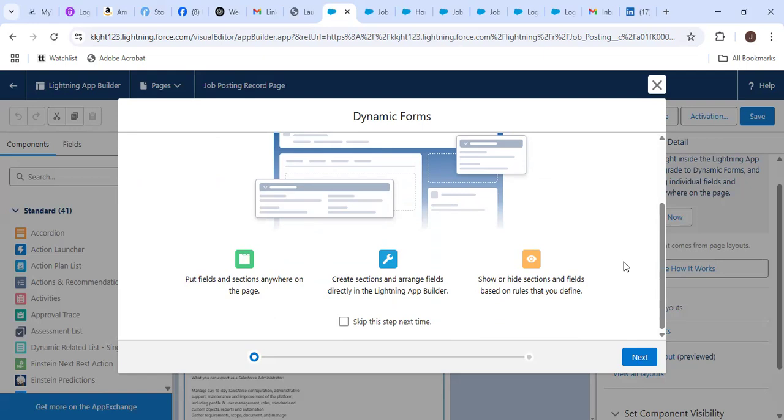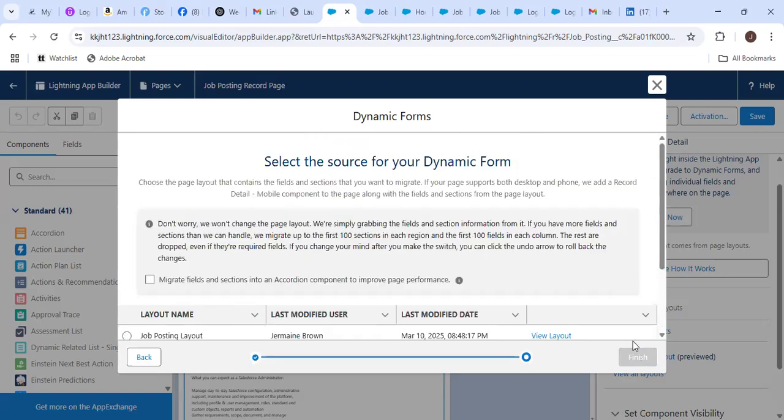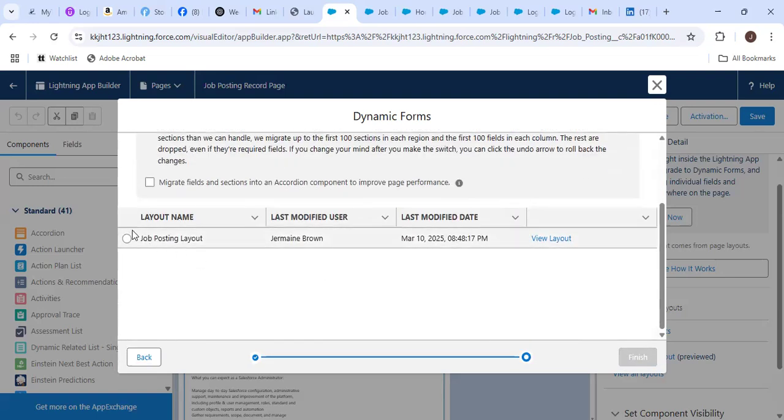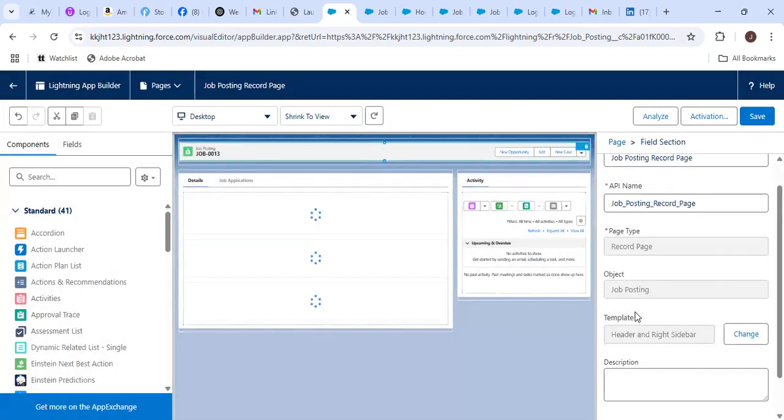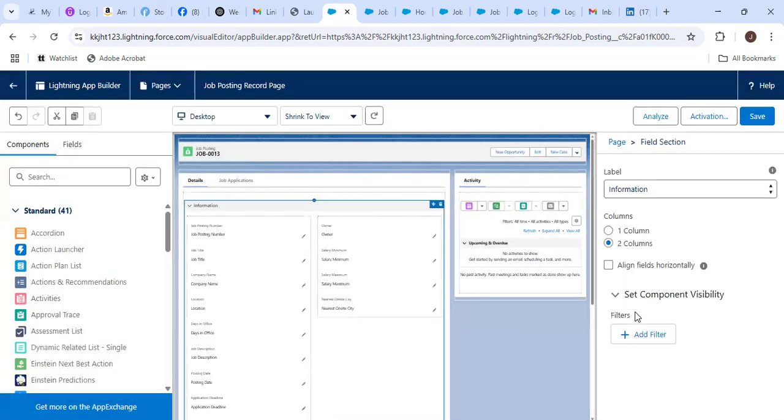Okay, so we're gonna do this, and you'll just say next. Scroll it down. Now we want job postings. Finish. So now it converts it to something that looks like this. Okay, now what are you supposed to do here? Now from here,